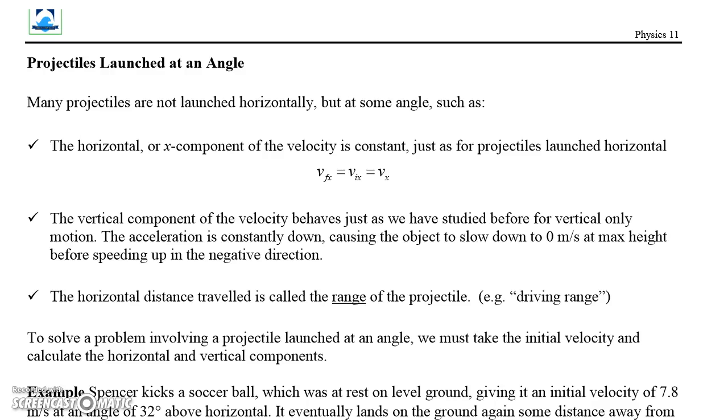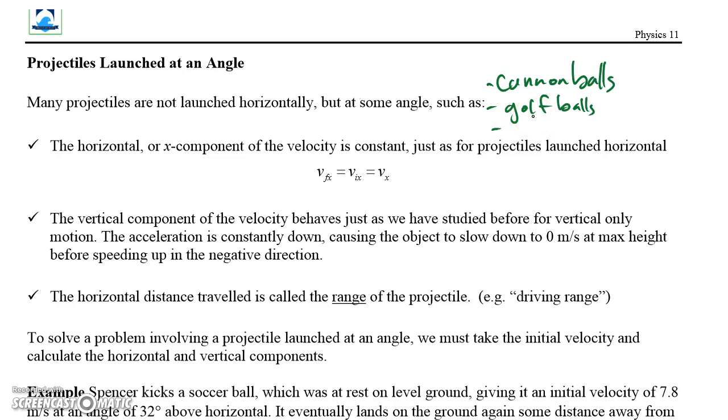Welcome to the fifth installment of our Unit 3, where we've been talking about horizontal projectiles, and now we're going to talk about projectiles launched at an angle. All the properties are almost exactly the same. So for starters, examples of things that would be launched at an angle, we could have cannonballs are a common thing that we come across, golf balls,